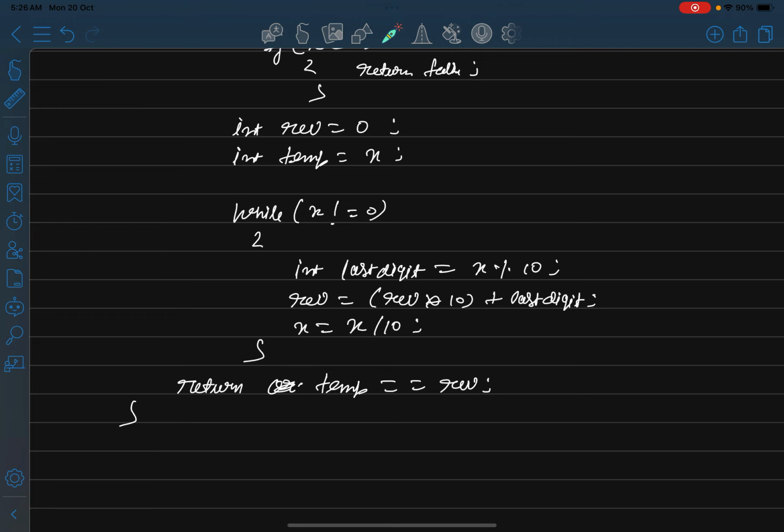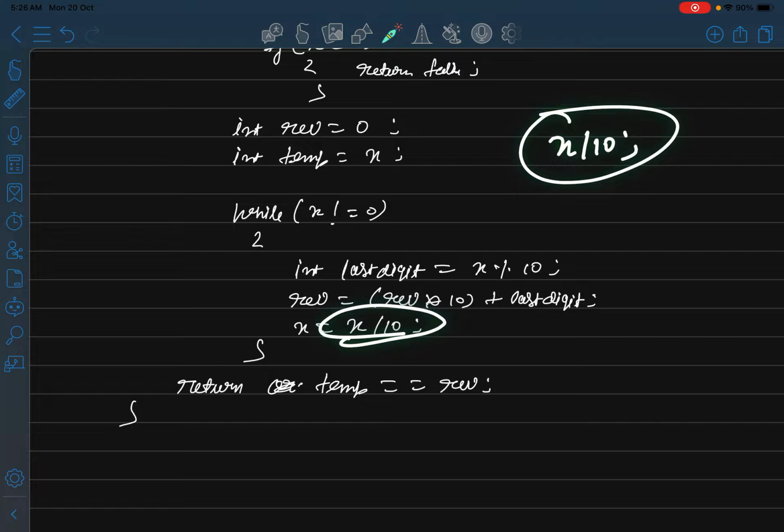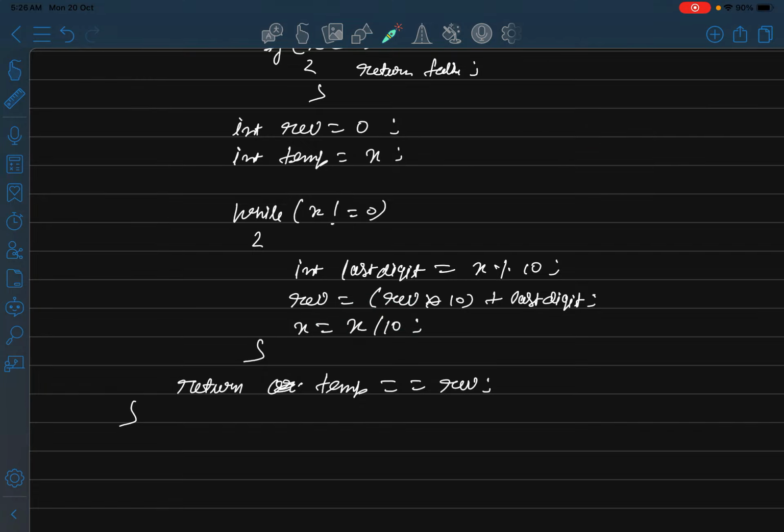After this I remove that last digit from the number using x divided by 10. So if you divide any number by 10, then it will remove the last digit of that number.